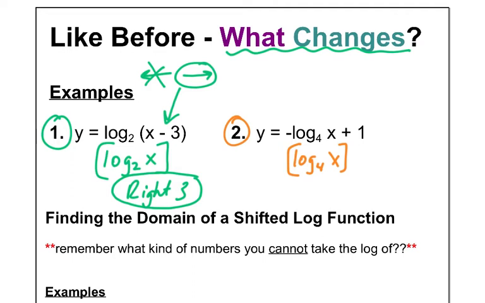All right, if this was my original log base 4 of x, look what I have. I have this thing, a negative sign. Remember what that does. And I have a plus 1, but he's not really with the x. Like, I know he's next to the x. Can you see he's like literally plus 1 is next to the x? But can you kind of train your eyes back here to number 1? Do you see how the 3 was inside parentheses with the x? That was definitely an x change. So I'm thinking that this plus 1 change over here is probably going to be with the y, not inside